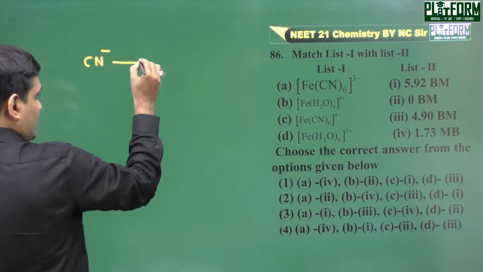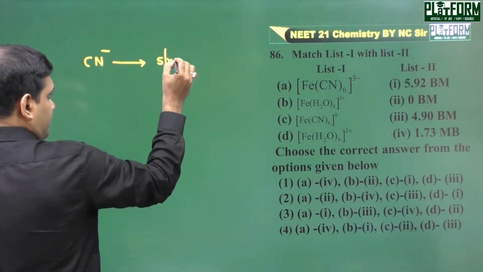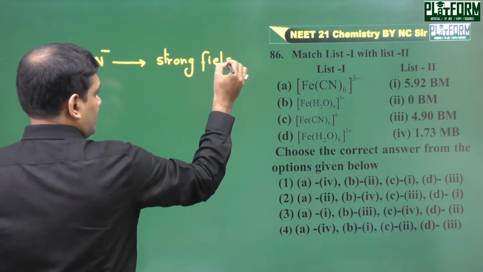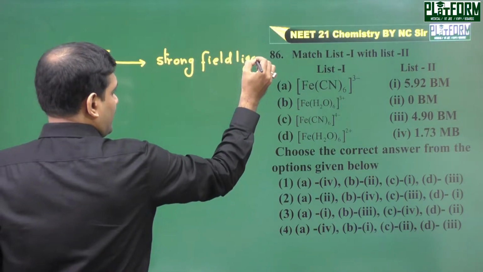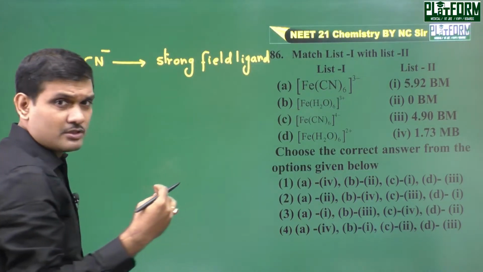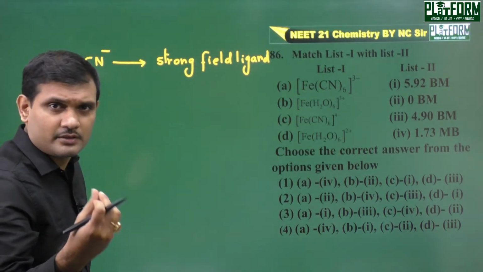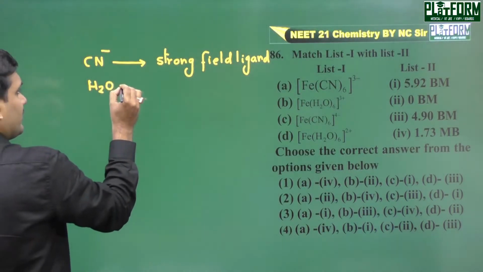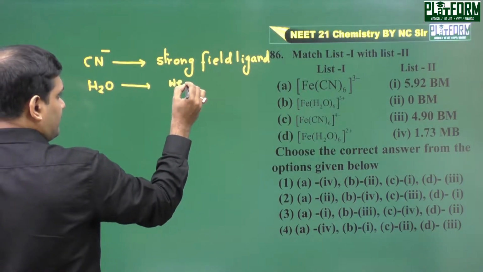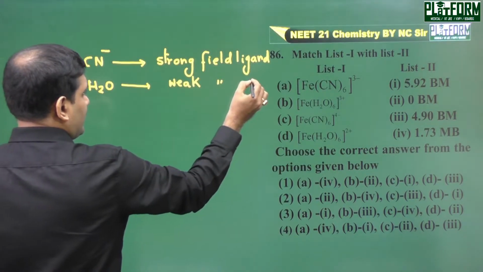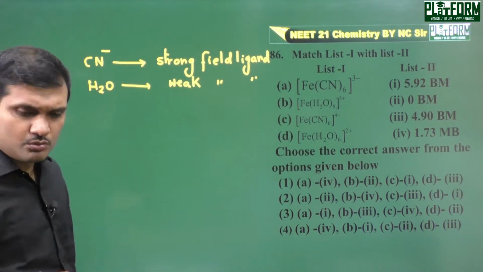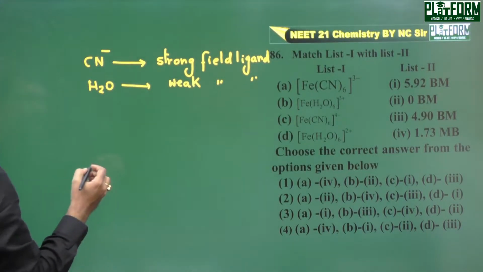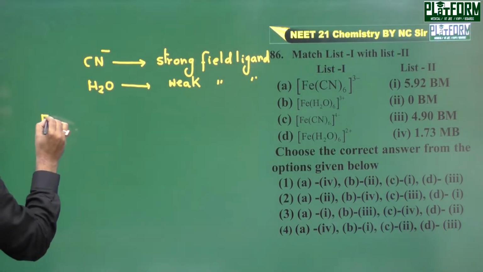CN⁻ is a very strong field ligand. And we know strong field means it has the capacity to pair up the electrons in the same orbital. Whereas H2O is a relatively weak field ligand, so it does not have the capacity to force the electrons to be paired up in the same orbital. So if we write the first compound, it is